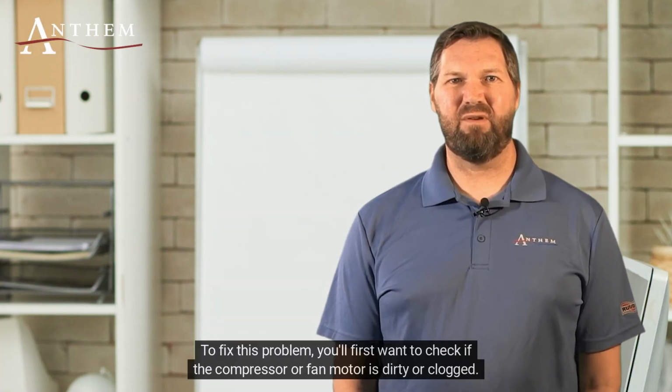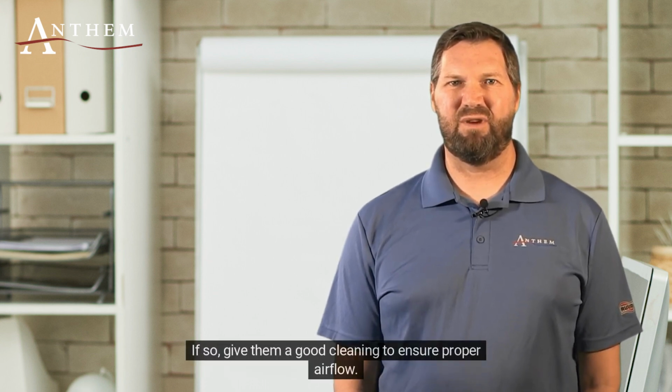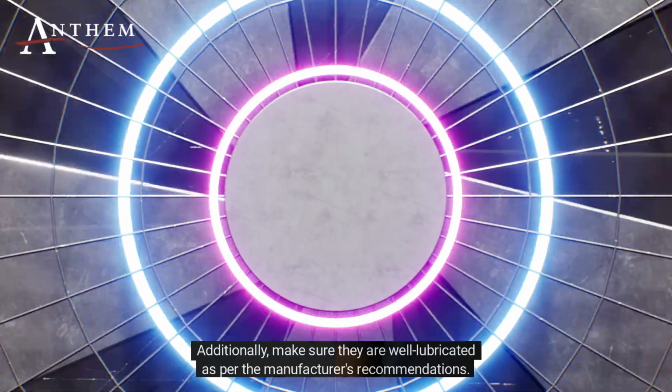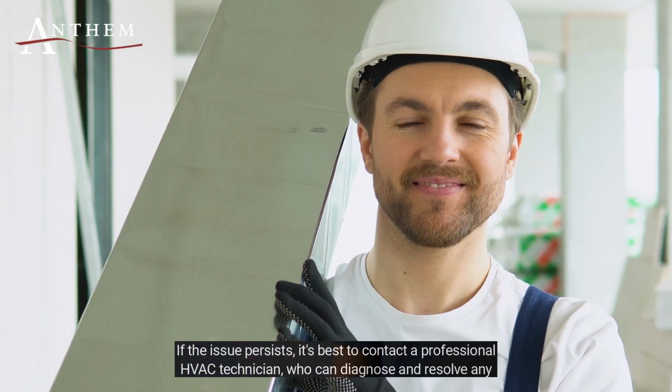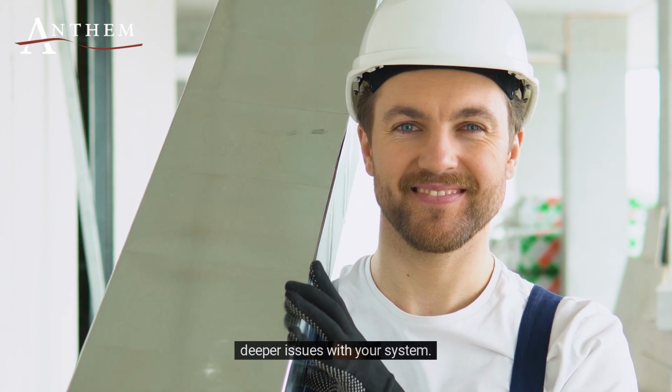To fix this problem, you'll first want to check if the compressor or fan motor is dirty or clogged. If so, give them a good cleaning to ensure proper airflow. Additionally, make sure they are well lubricated as per the manufacturer's recommendations. If the issue persists, it's best to contact a professional HVAC technician who can diagnose and resolve any deeper issues